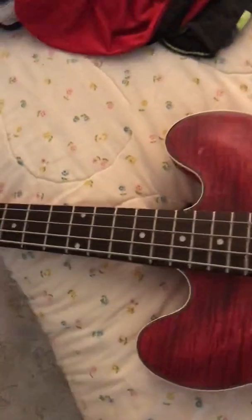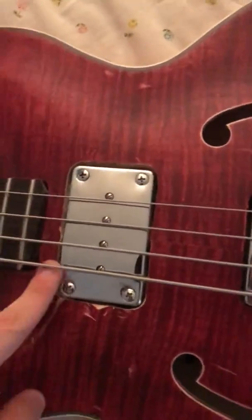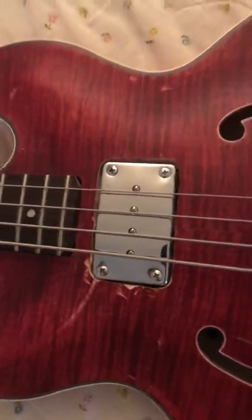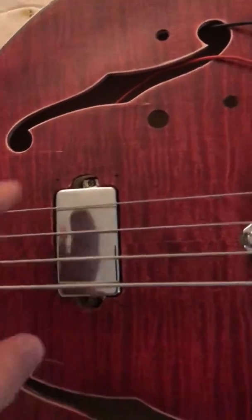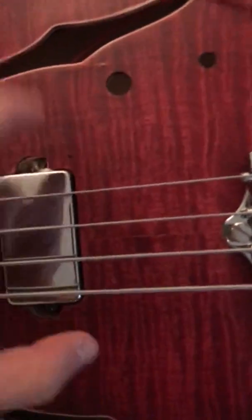Got the strap blocks installed. I put in the sidewinder humbucker here, and I had to route it out. As you can see, I screwed up a little bit, but it should sound fine. And I had to take the pickup ring off of this. It's free floating. I'll have to put some